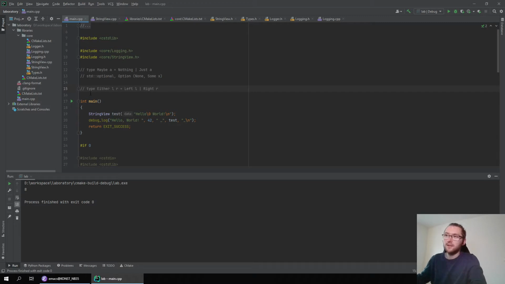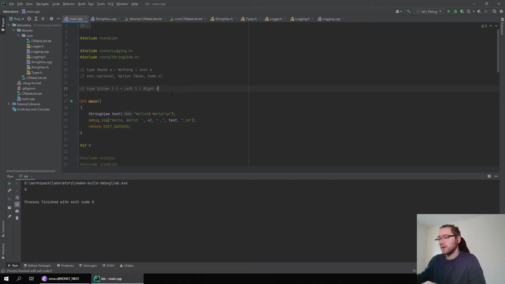So in Haskell, there's the convention that the error, so I don't really know if it is Haskell, but I think it is also, so let me just finish my sentence maybe. So I think in Scala or Haskell, I can't remember exactly, the convention is that the error is always encoded on the left side and the successful value always on the right.